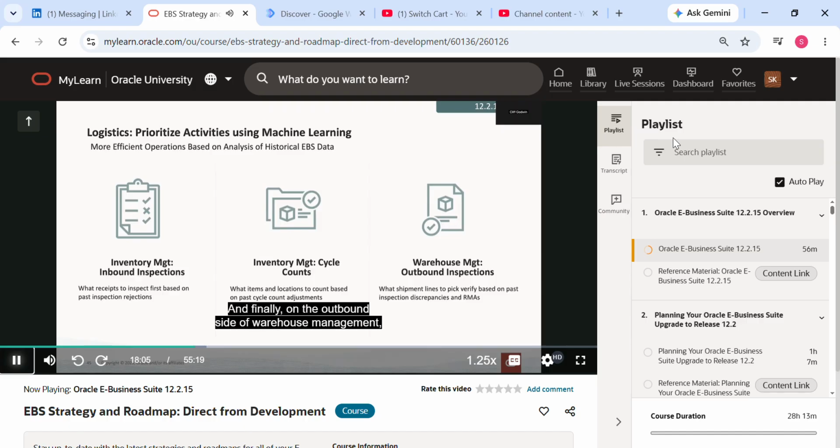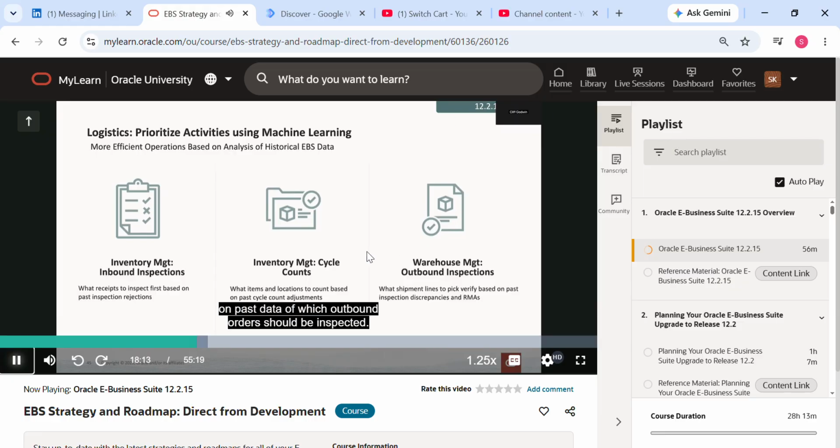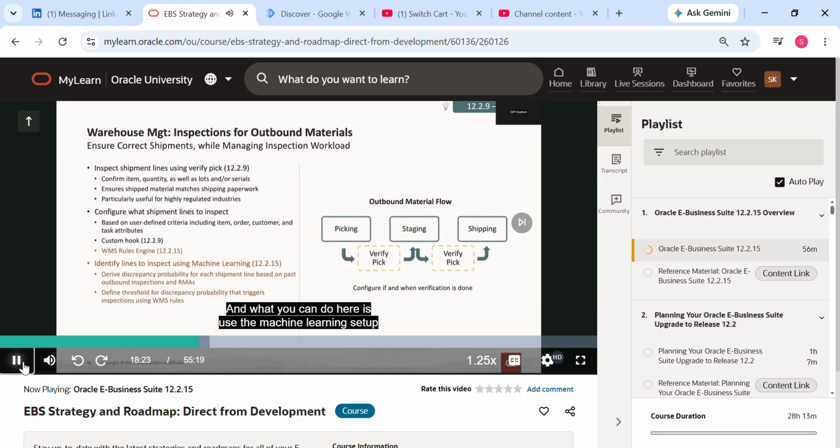And finally, on the outbound side of warehouse management, we do something even a little more sophisticated, which is we make a particular prediction based on past data of which outbound orders should be inspected. What you can do here is use the machine learning setup to have the system make a specific percentage prediction about what the discrepancy probability is that you're going to find when you go and verify the material that you've picked for an outbound shipment. And based on that, you can set up